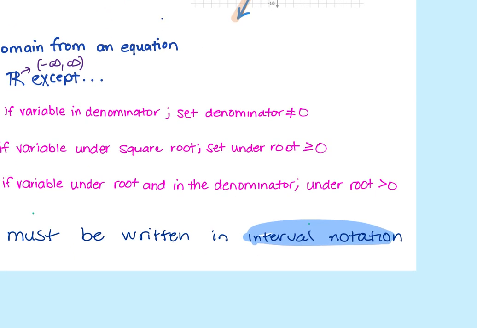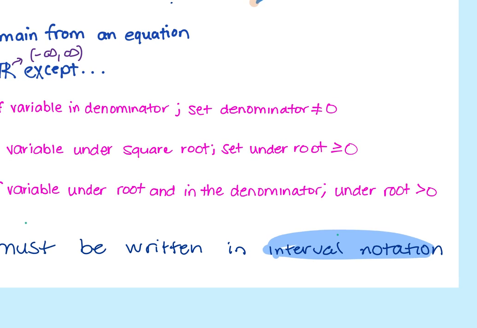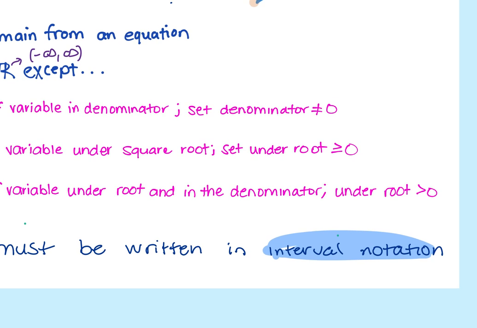All right, then comes domain from an equation. So it is all real numbers, or -infinity to +infinity, because we're going to give this in interval notation, okay? It is -infinity to +infinity unless there's a variable in the denominator, and for those we set not equal to 0, a variable under a square root. We set that greater than or equal to 0,